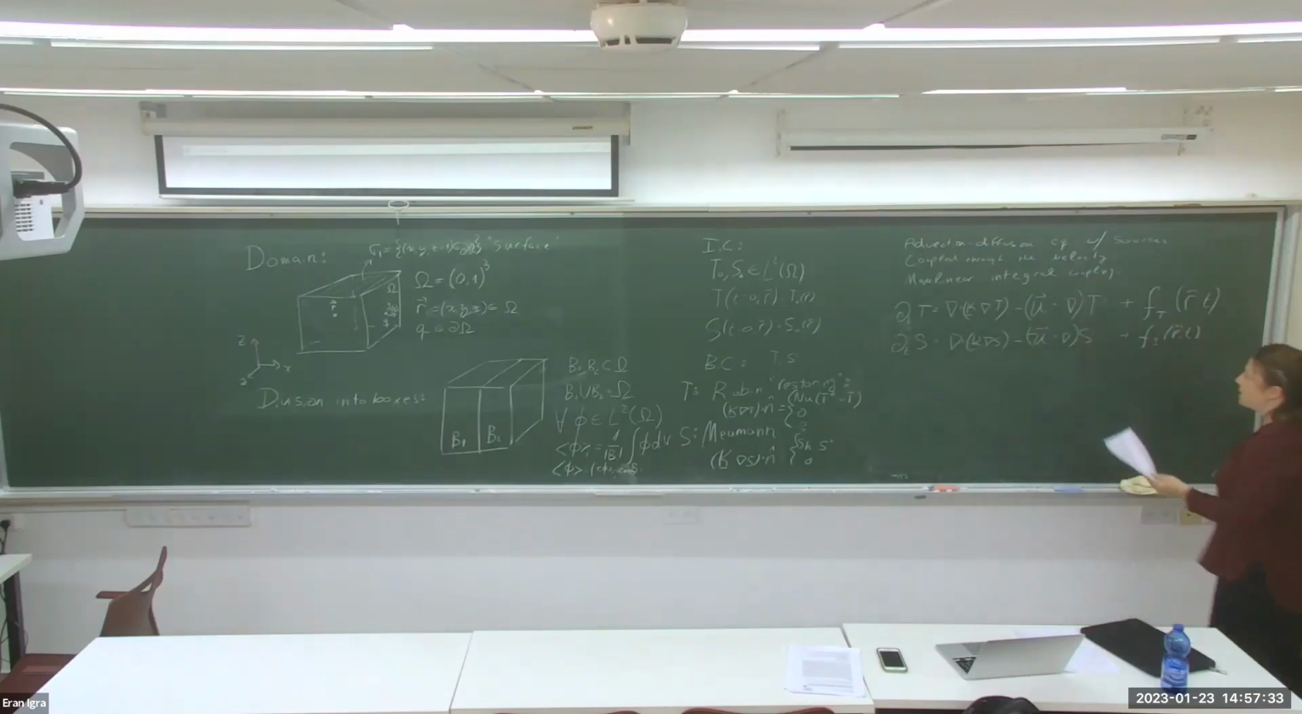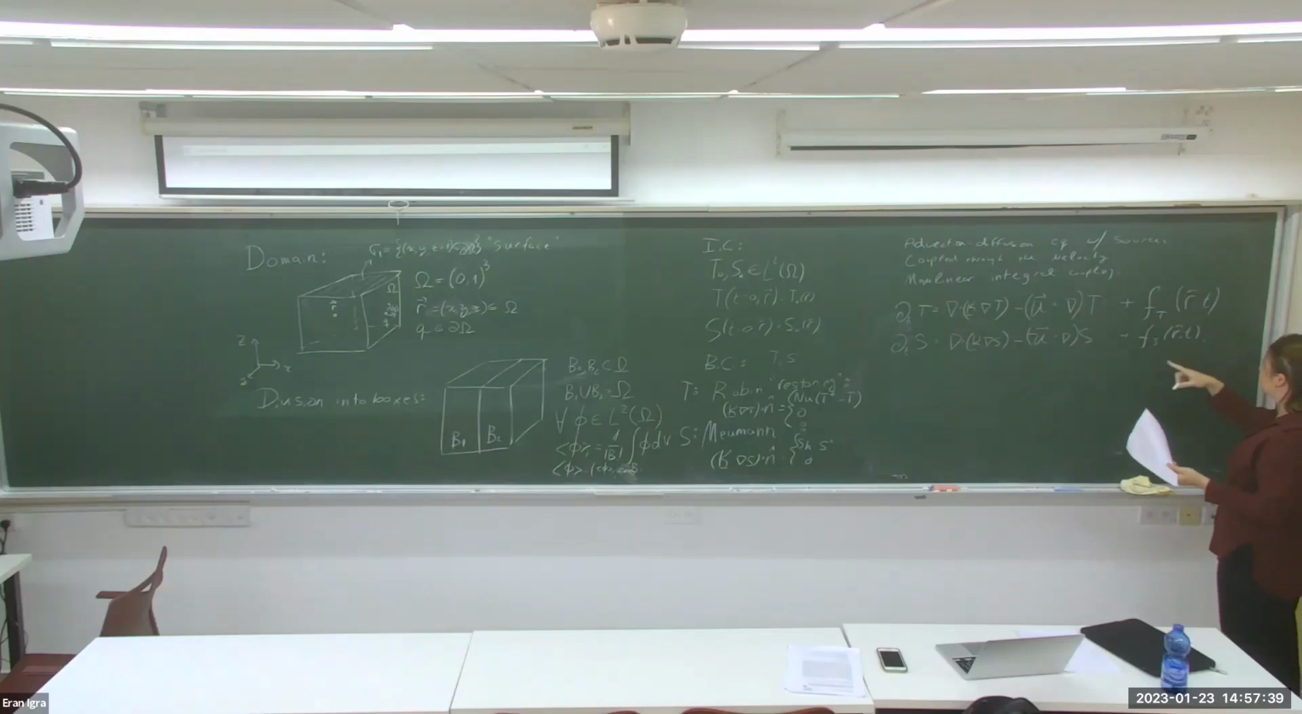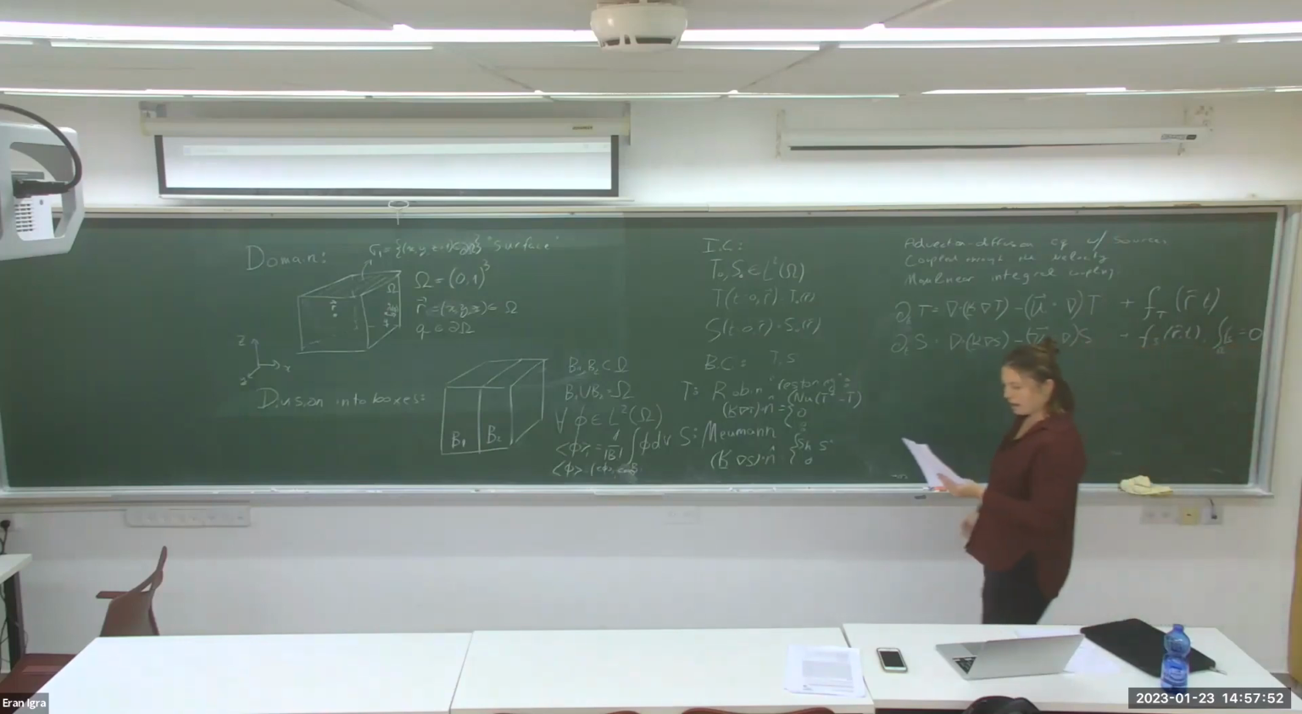And for the same idea that we don't want to add or remove salt, or we don't want to add or remove water, we are requiring that Fs can be any equation, but it needs to satisfy that its integral over the entire domain is 0. So if we're adding salt somewhere, we're removing salt somewhere else. Okay, so our coupling is through